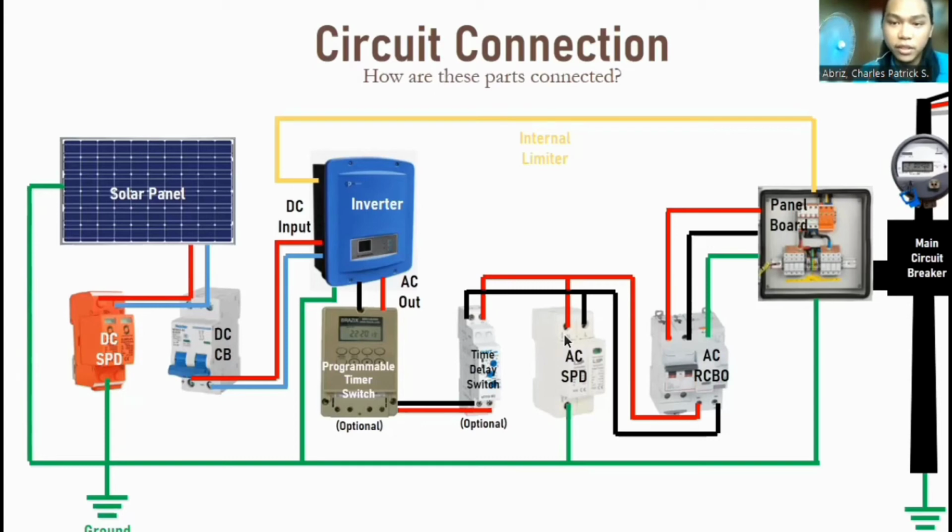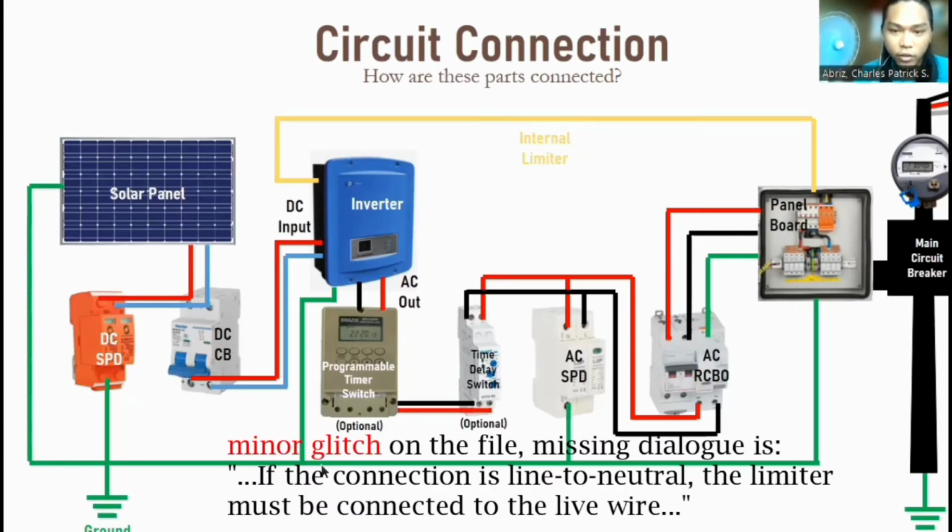For the optional time delay switch, its input must be connected in parallel to the input of the AC surge protection device. Under the optional components, the programmable timer switch must be connected to the time delay switch, and the AC out of the inverter, which is also connected to the ground. Now, regarding the limiter, if the connection is line to line, it can be connected on either